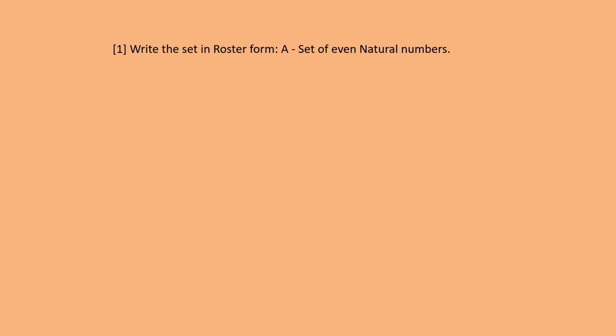Now one more thing we have to learn. Write the set in a roster form. A, set of even natural number. If you remember, even natural numbers means what will come? A equals to 2, 4, 6, 8, dot dot dot. Why? Again the natural number goes till infinity, so the even number from it also will be going till that. We cannot write everything, so we put dot dot dot. That is the way we indicate that all the numbers are there.